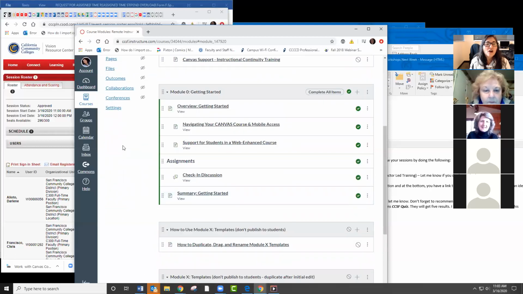You would go to Commons, which is on the left-hand global navigation menu. I'm pointing at it right now with my little cursor. It's the second icon from the bottom up, and it says Commons. Can everyone see that? Yes. Okay, so when you click on Commons,